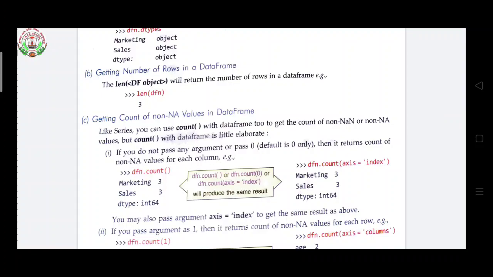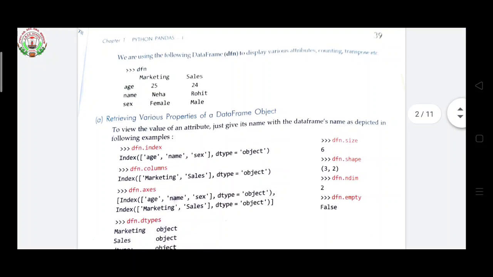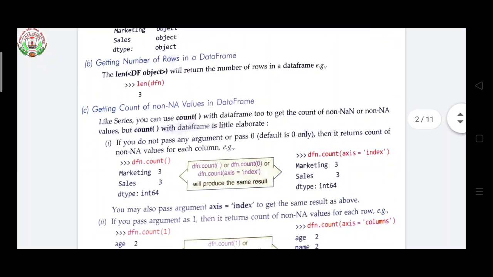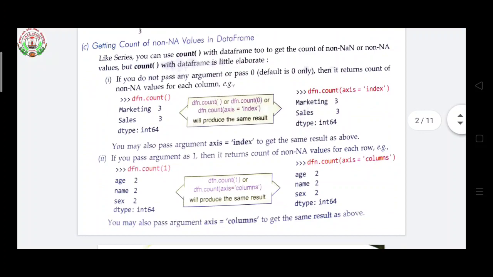Now the example is given: dfn dot count, marketing 3, sales 3. How are you getting 3? Because inside marketing there are 3 records, inside sales also 3 records, so you get 3 and 3.